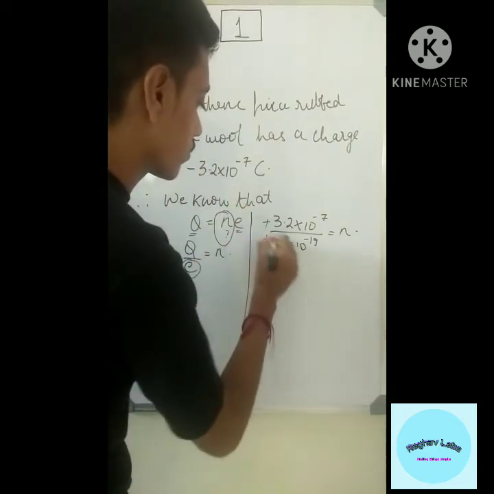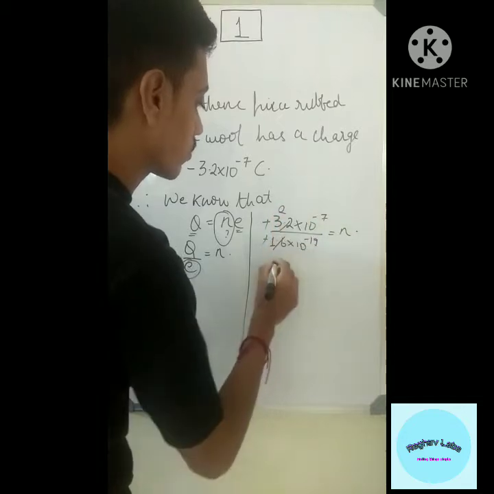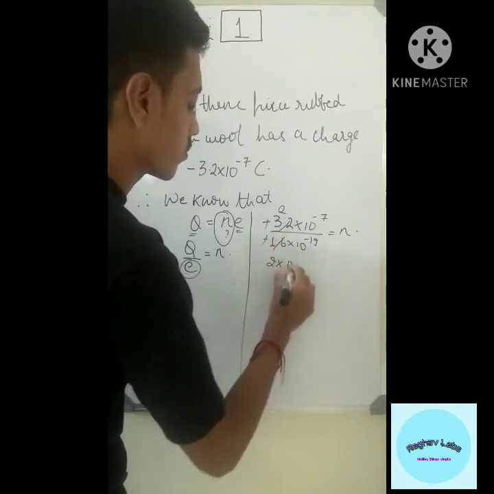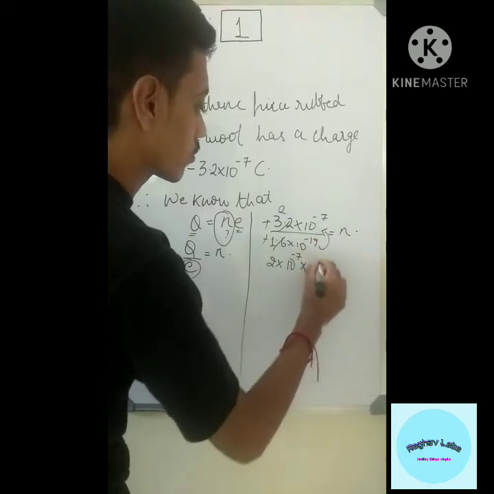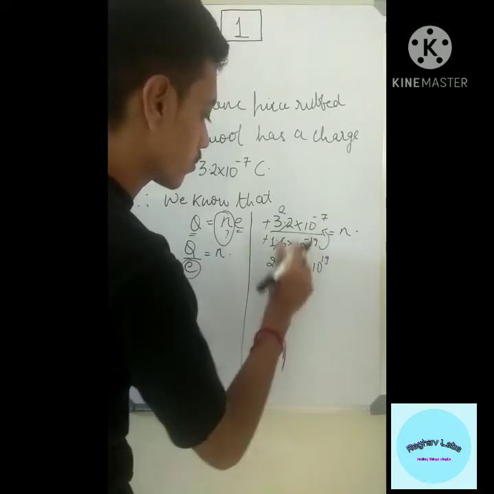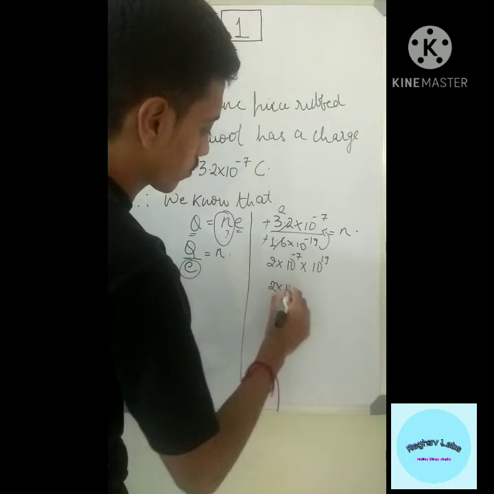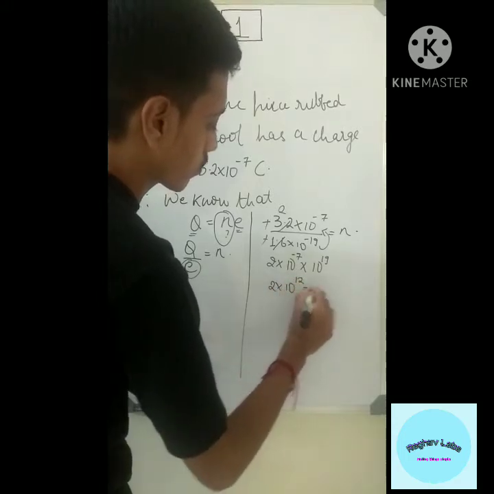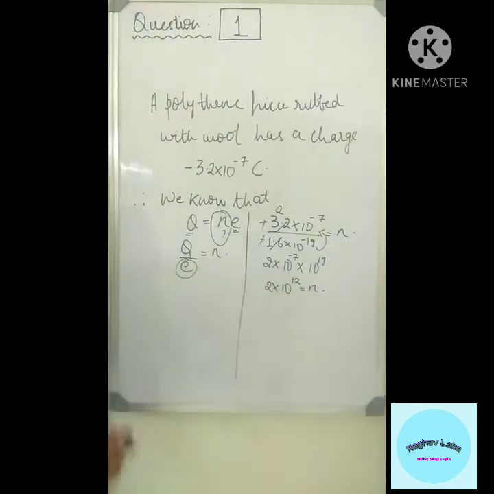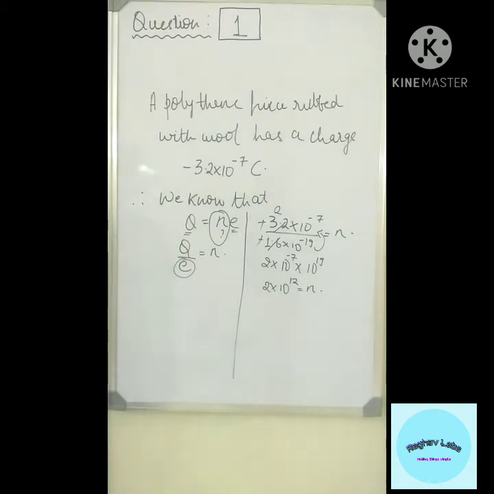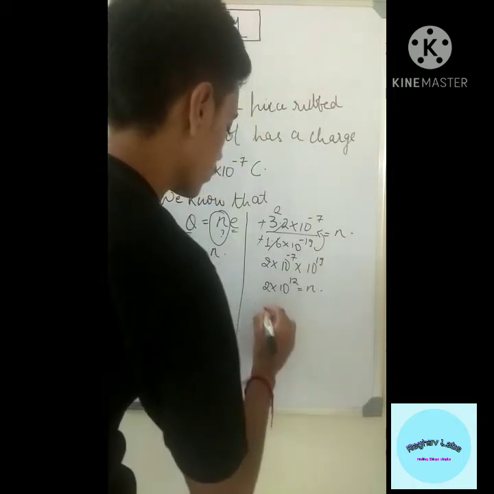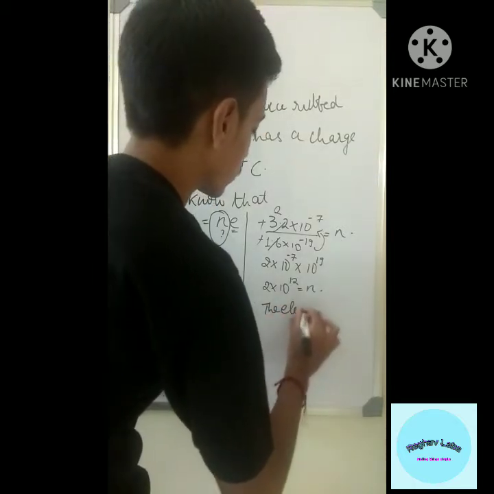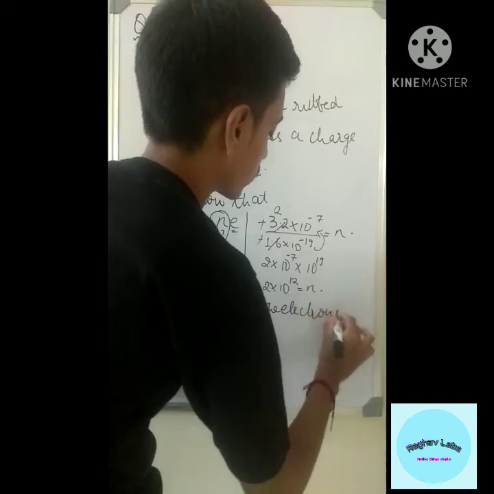Now find out the number of electrons. Minus minus gets cancelled and 1.6 2s are 3.2. So 2 into 10 to the power of minus 7, and this goes up and becomes 10 to the power of 19. 2 into 10 to the power of 12, because 19 minus 7 is 12. So we got N as 2 into 10 to the power of 12, right? So the electrons